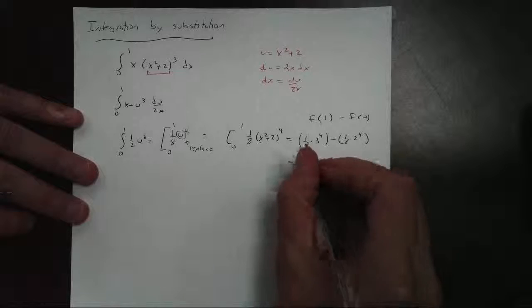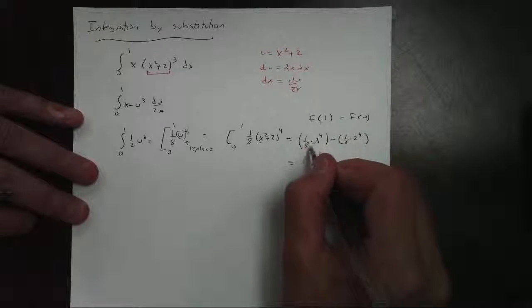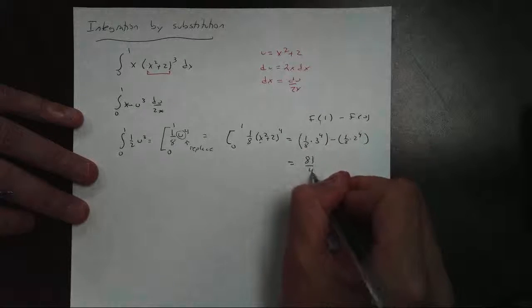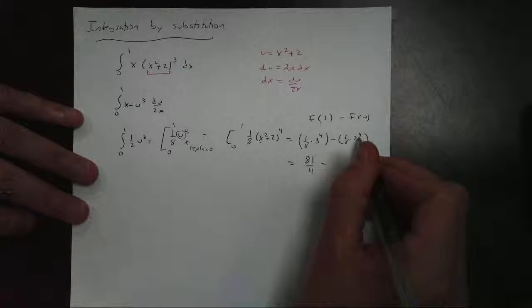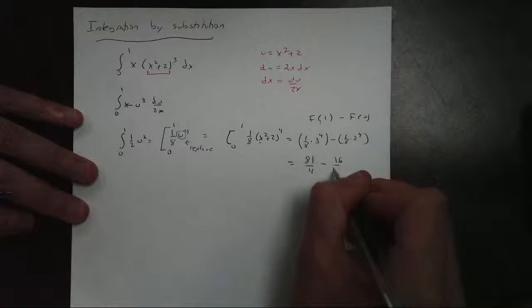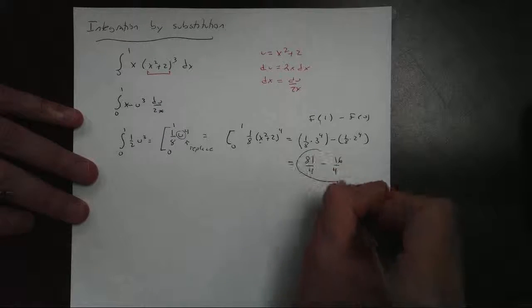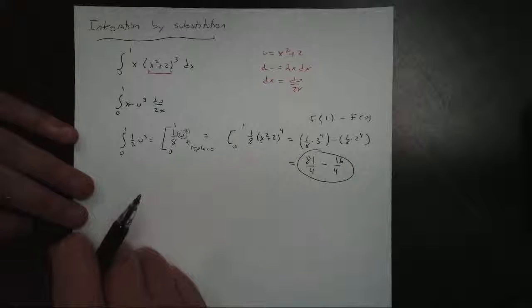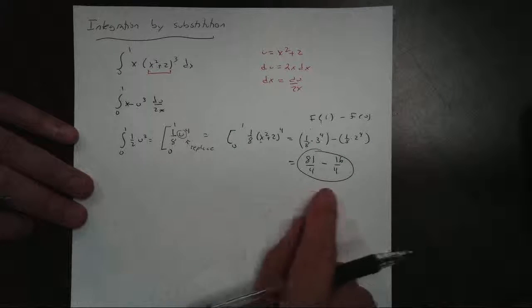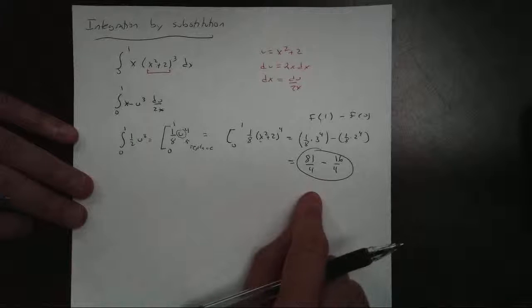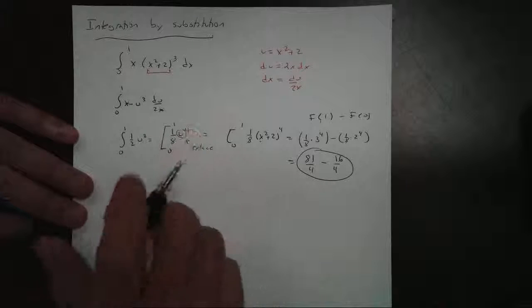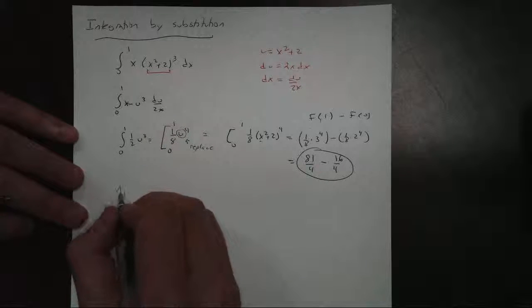And this is not bad to do. This becomes 81 over 4 minus, what's 2 to the 4th? 16 over 4. And you can reduce that and simplify it if you like. You can leave it like this if you like, and that's okay on the AP exam. Now, there is an alternate method